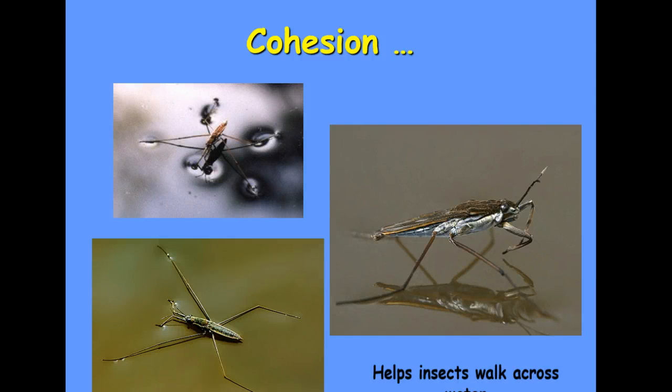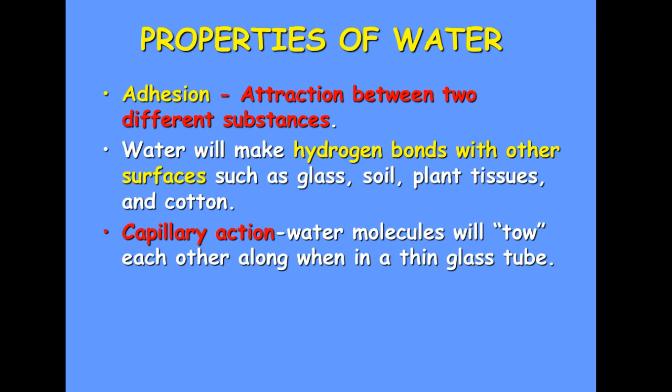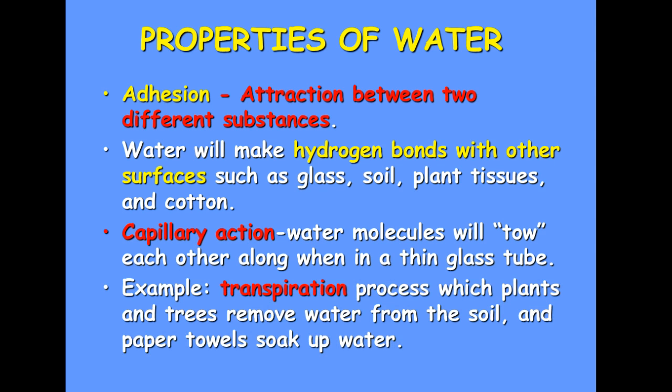Next, I need you to put a number 2. The second property of water is adhesion, and we're going to write everything on this screen. Adhesion is the attraction between two different substances. It's not water being attracted to itself anymore. Water will make hydrogen bonds with other substances like glass, soil, plant tissues like roots or stems, and other plants